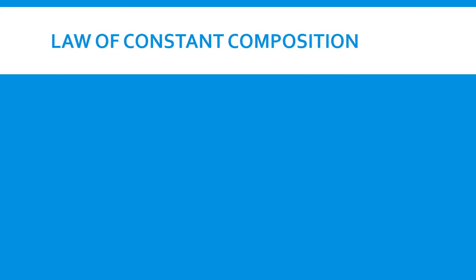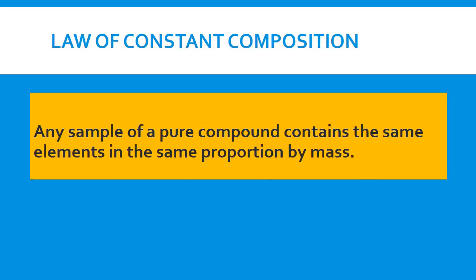So that leads us now to the law of constant composition. When we think of something being constant, we think of something not changing. When we think of composition, we think of the makeup. So think of the law of constant composition as an unchanging makeup of a substance. If we have any sample of a pure compound, it's going to contain the same elements in the same proportion by mass. So for example, hydrogen and